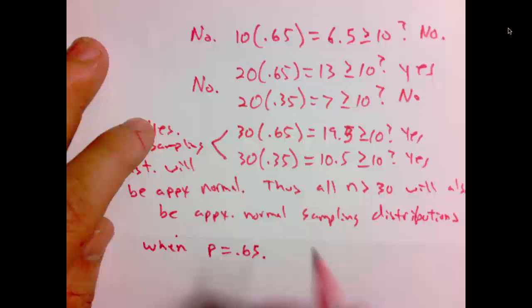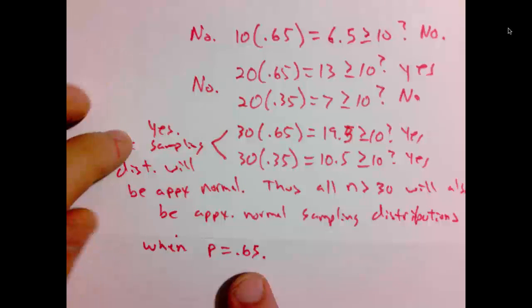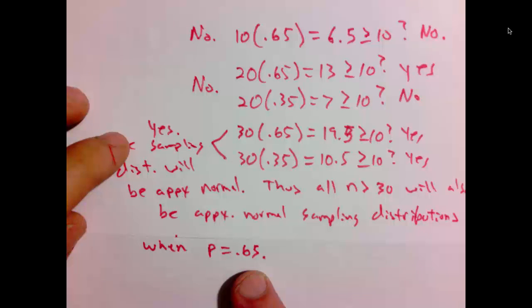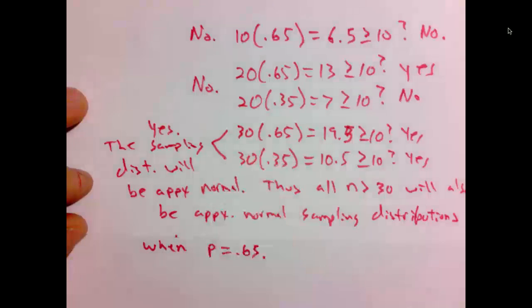If our proportion is equal to 0.65, any sample of size 30 and above will have approximately